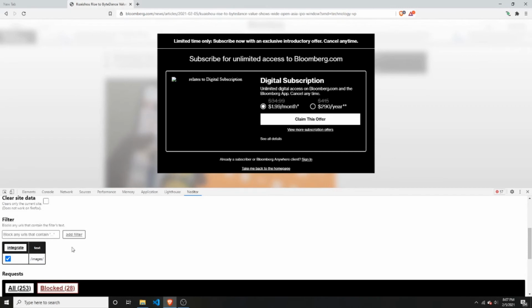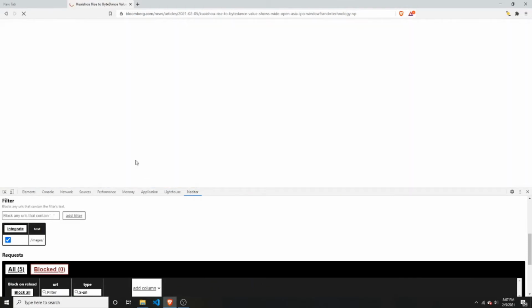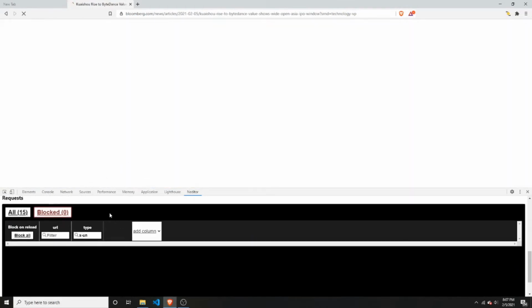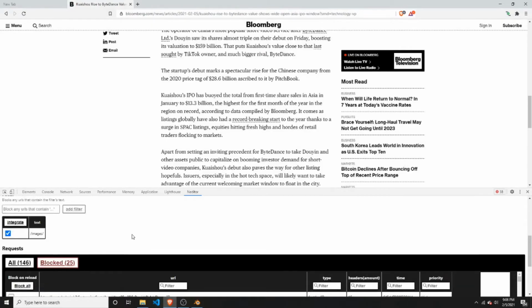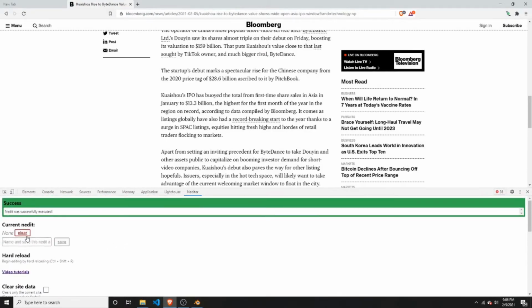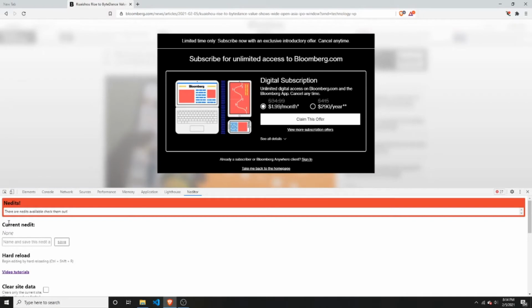So let's go ahead and reload with that being done. And now I don't think that any images should be shown. Now we fast forwarded through the loading because it did take much longer than expected, but here we are. Moving onward, when we want to move on to creating a new Nedit, we're going to want to clear everything. And now when we reload, finally the page has loaded and we can continue on to getting rid of this